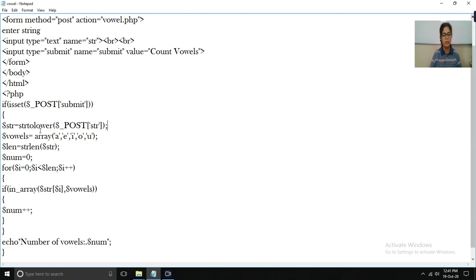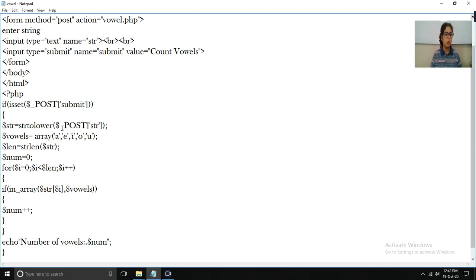So it is mandatory that we transform it into a uniform form, either lowercase or uppercase, and apply conditions accordingly. If we convert the string into uppercase, then we have to give the condition using uppercase letters A, E, I, O, U. So here we are converting it into lowercase.